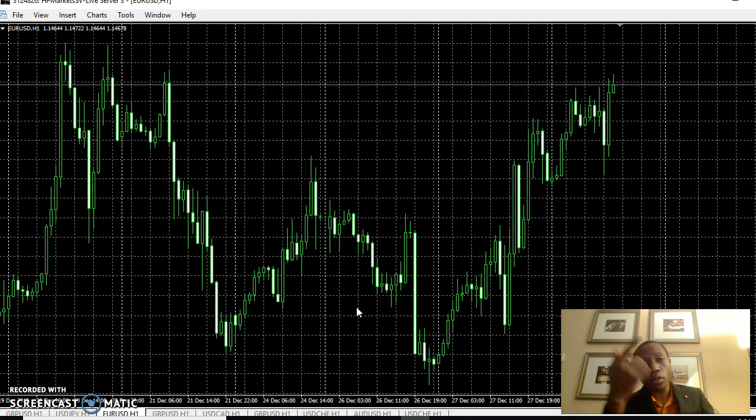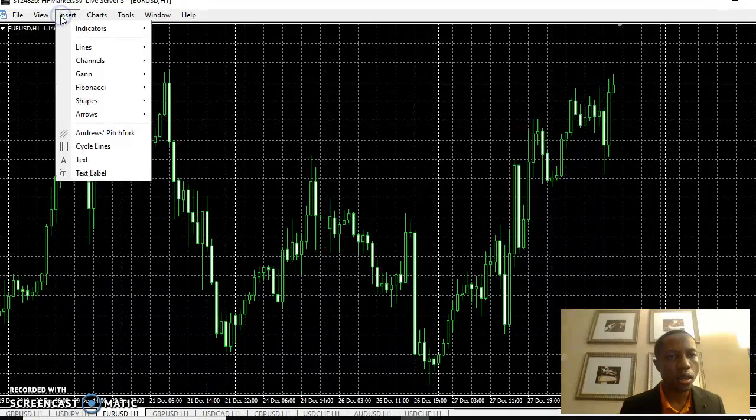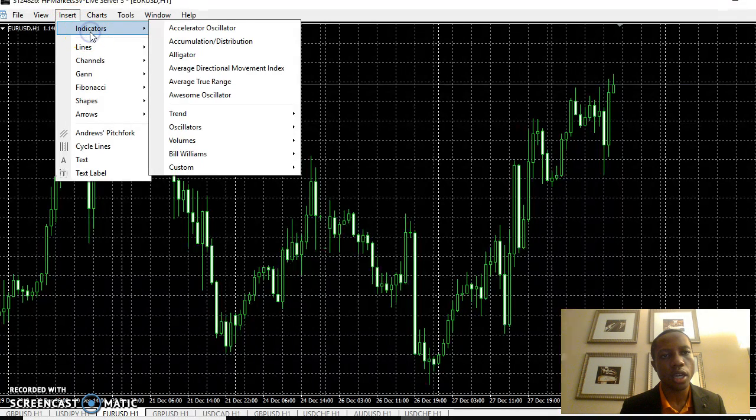Let's proceed. Let me teach you a little on how to do a setting on your MetaTrader 4 on your system and also on your mobile phone. Firstly, what you need to go to for this is right here already. You come here, you go to insert. Okay, you see indicators here. Click on indicators, and you can see now I want to set